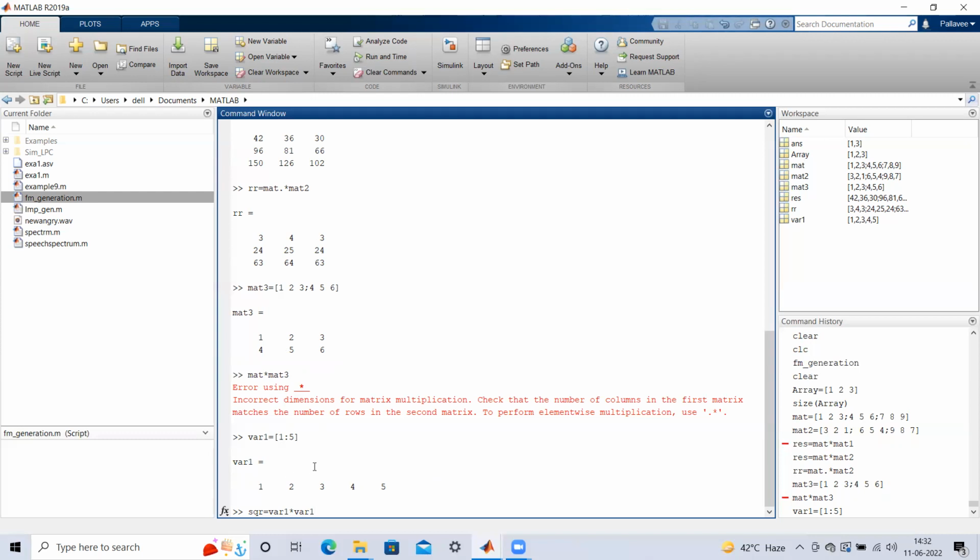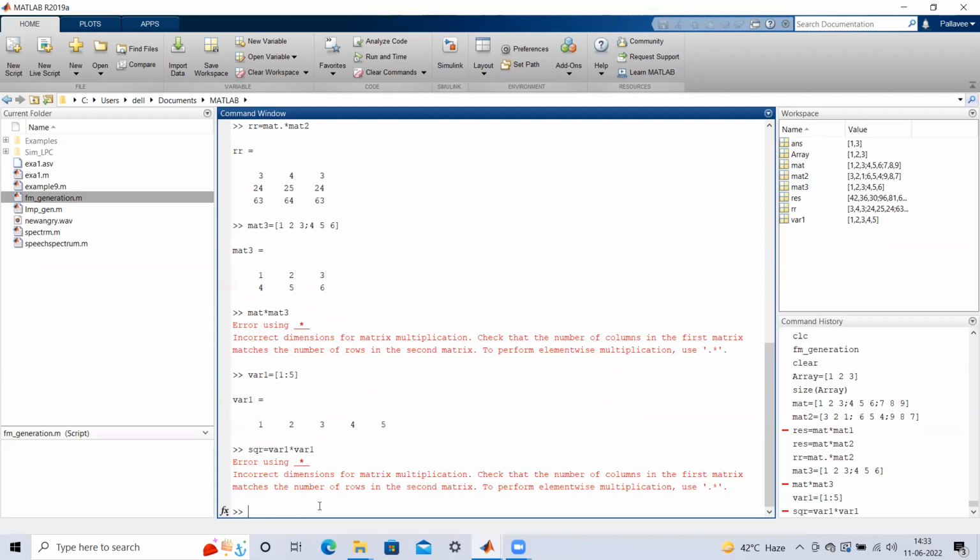We have 1 cross 5 dimension, and again we are multiplying 1 cross 5. So its inner dimension is not the same, and when you multiply, it will give you some error. What we can do is put the dot sign,